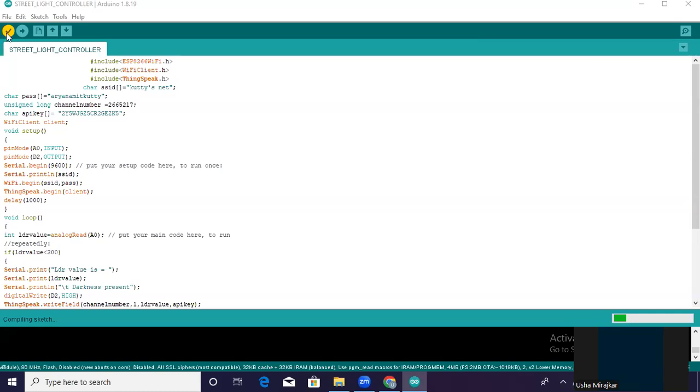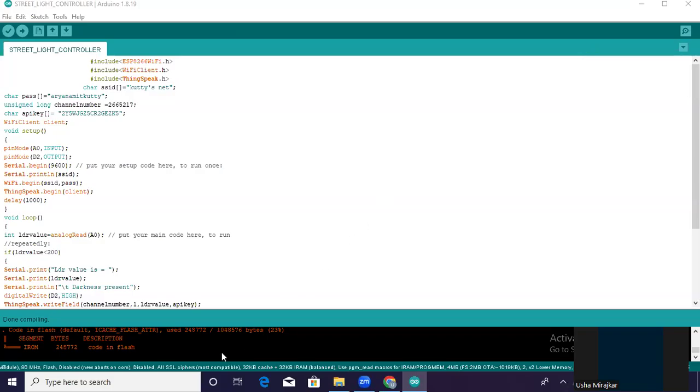Now we will compile the program. It is compiling. Now the compiling is completed.